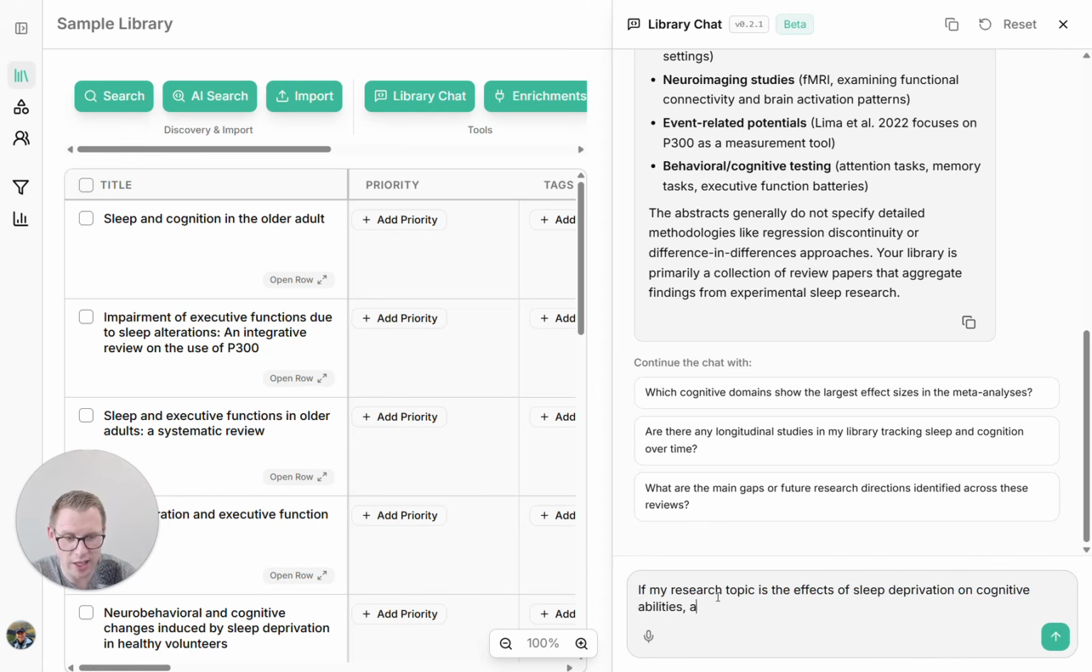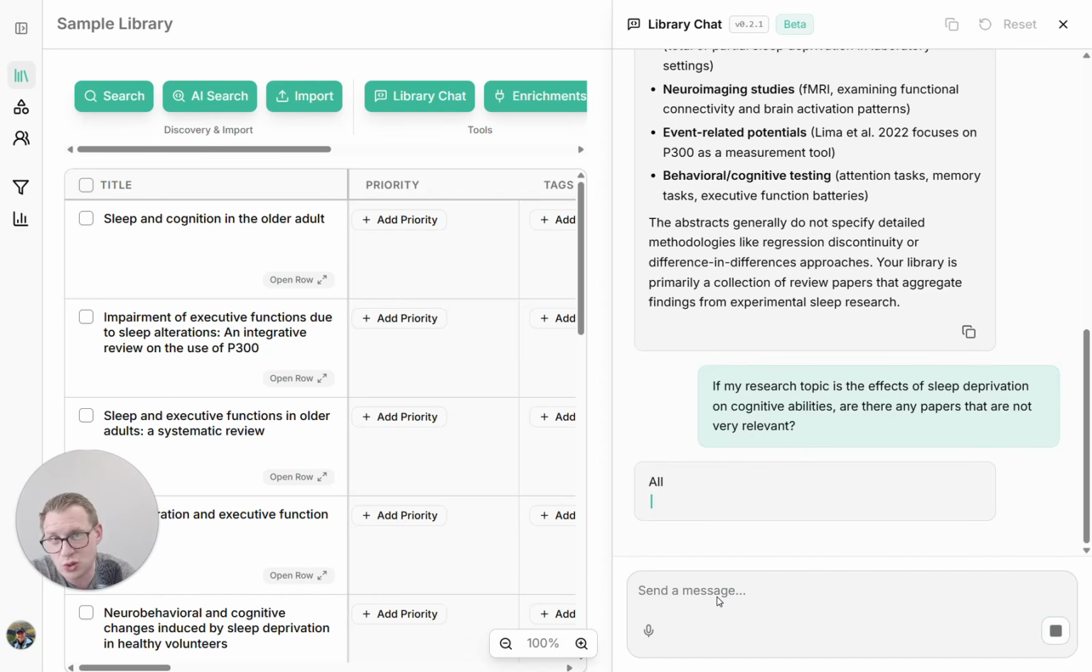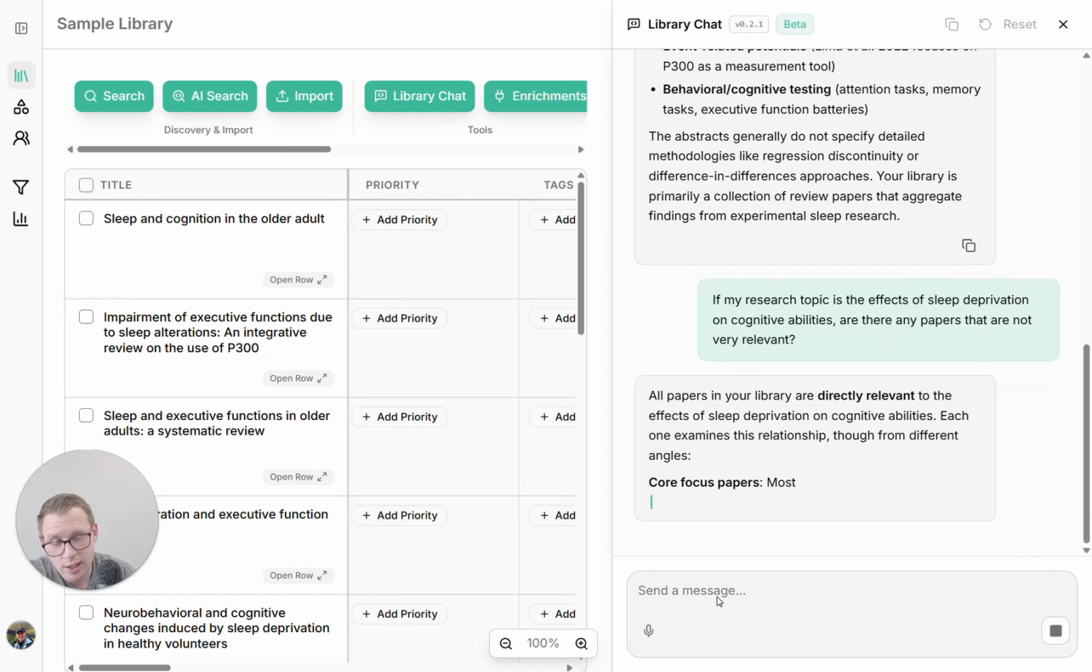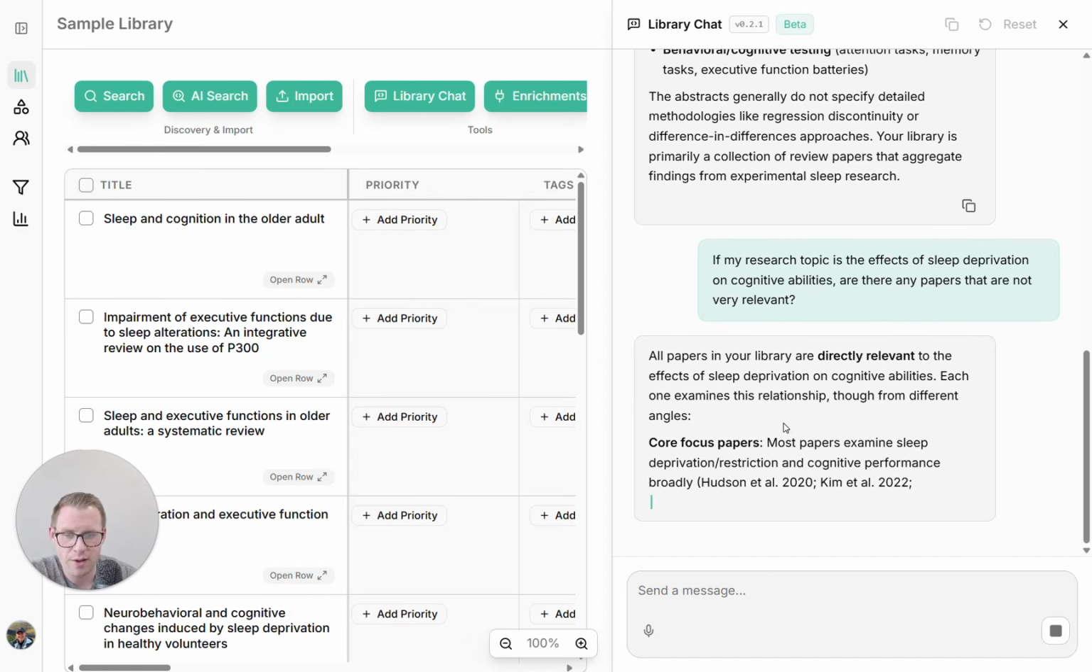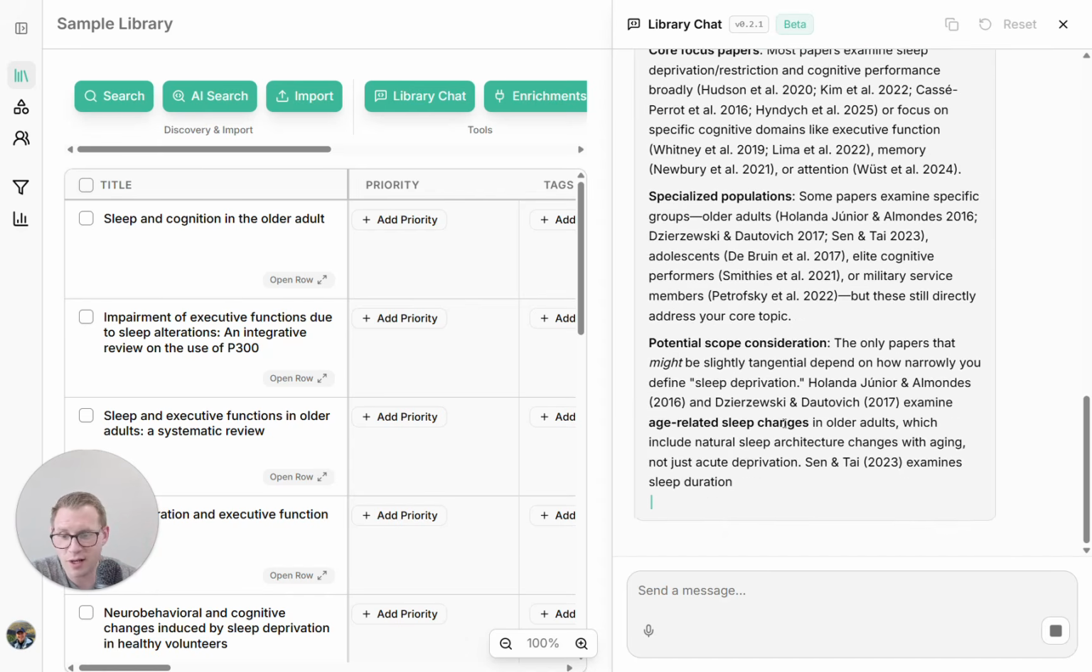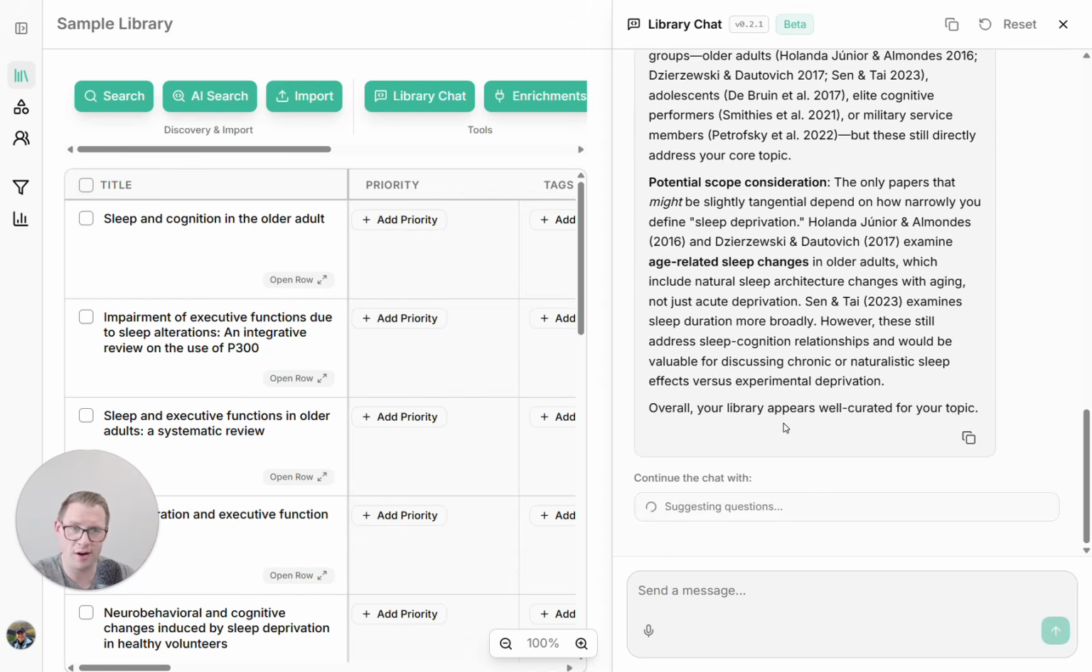you can ask a question like, are there any papers that are not very relevant? And indeed, no matter what search engine you're using, something might have been caught that's not super relevant. Usually you get a couple results here. Actually, it looks like in this case, all are directly relevant, so that's encouraging. But oftentimes you might get a couple that aren't if you import a bunch of citations,